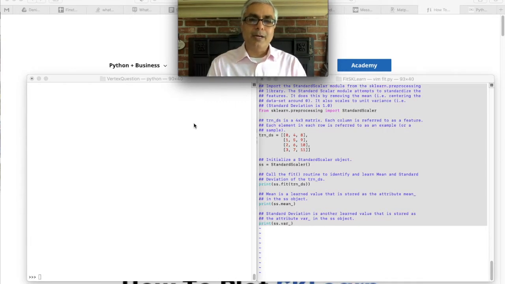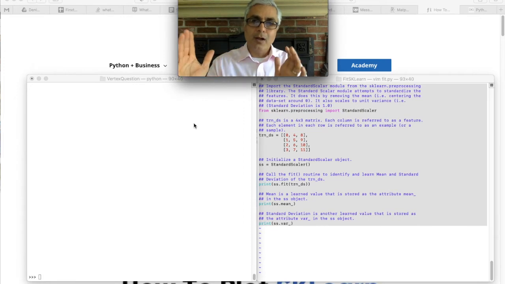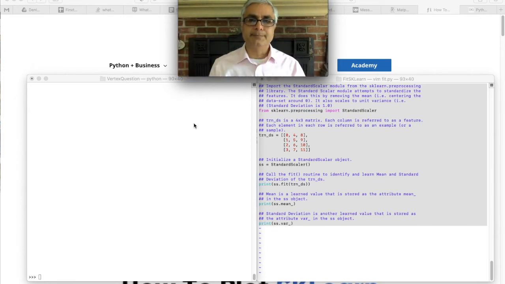The fit method learns these two values, and then you use transform to transform your data. Different transformer routines do different things.